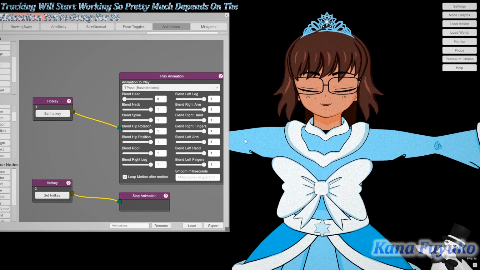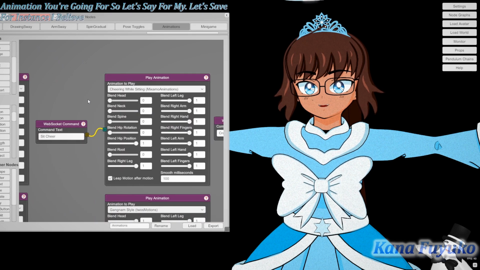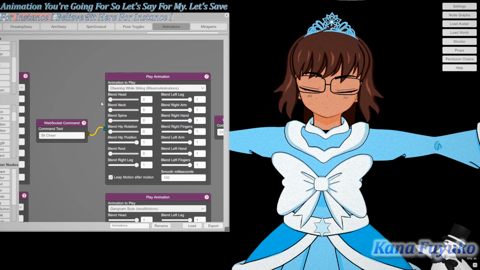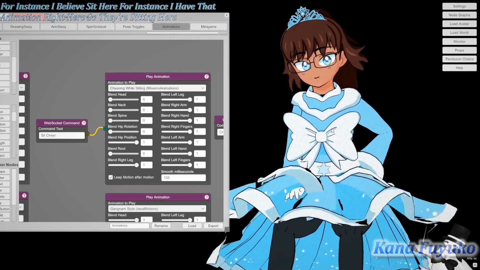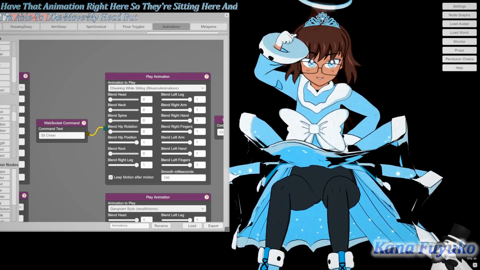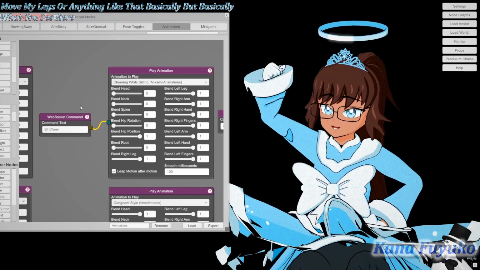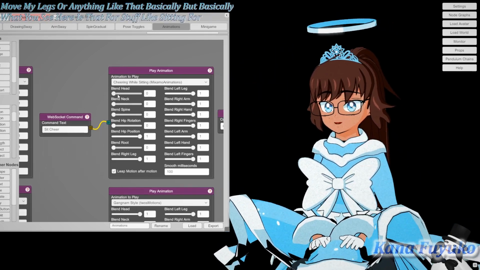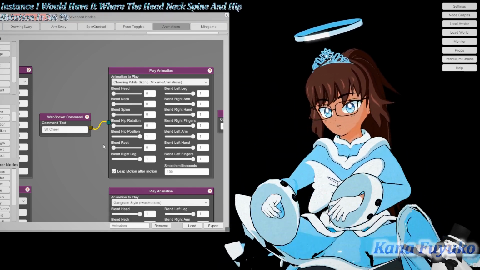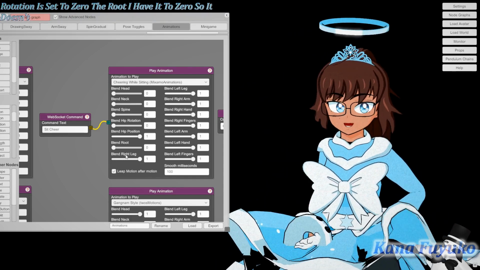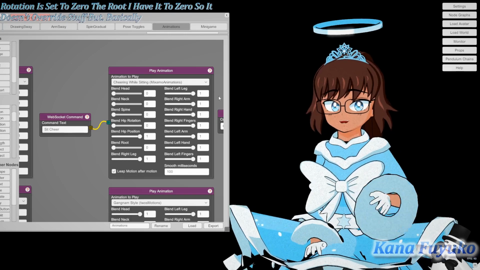So let's say for instance, I believe sit cheer. I have that animation right here. So there's sitting cheer, and I'm able to move my head, but of course I can't really move my legs or anything like that. But what you see here is that for stuff like sitting, I would have it where the head, neck, spine, and hip rotation is set to 0. The root, I have it at 0 so it doesn't override any node related stuff, but that's it